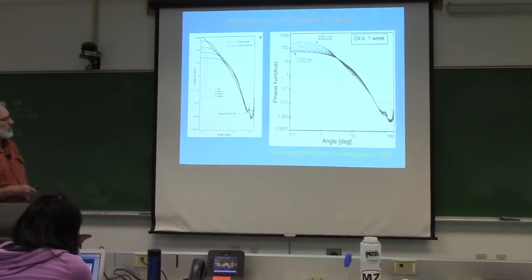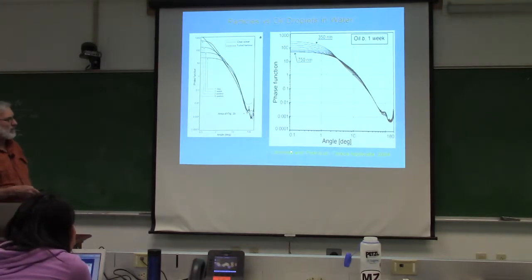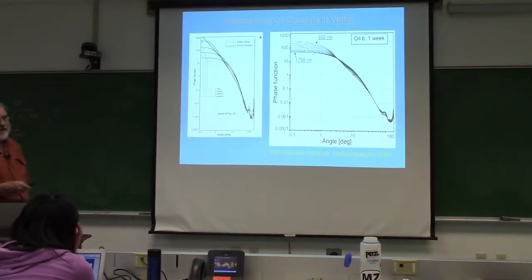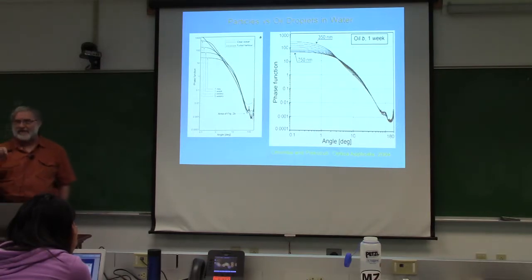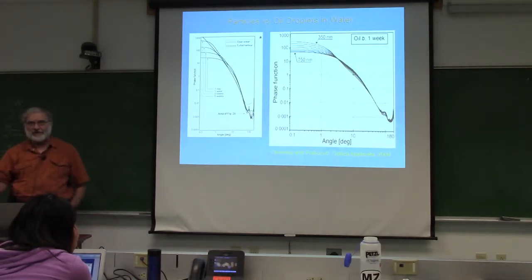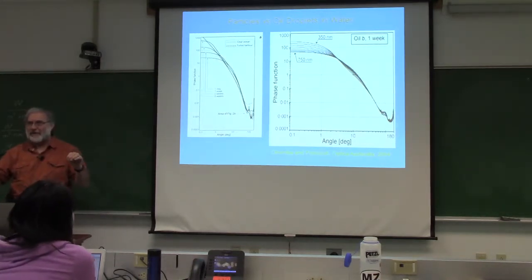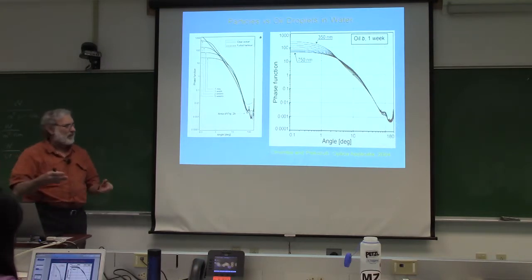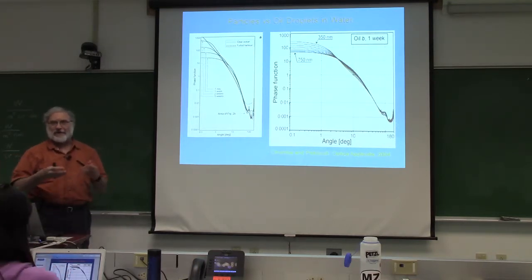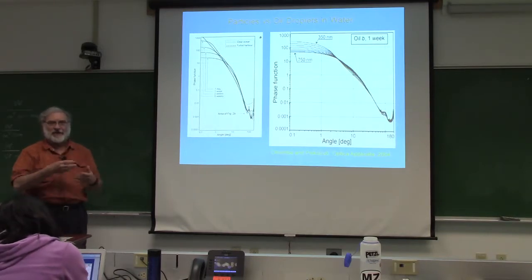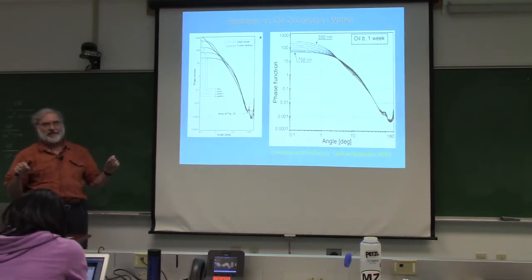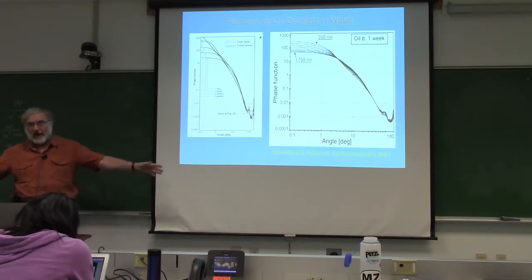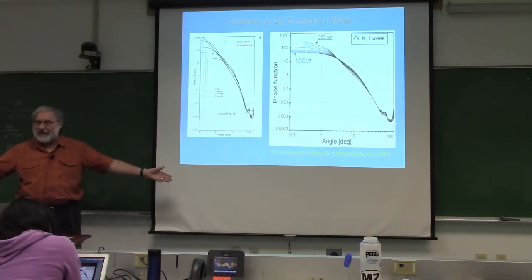There's folks in Poland, Otremba, Piskozub, and several others who have done a lot of simulations of the effect of oil droplets in water, because they're interested in doing things like remote sensing detection of oil spills. And when you have an oil spill, usually the oil breaks up into really small little droplets, and you get this, sometimes they call it chocolate mousse, but it's basically a suspension of really small oil droplets. So then if I have water with a lot of these little oil droplets, what do they do to the